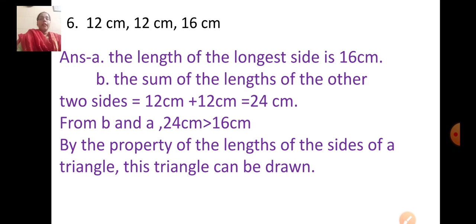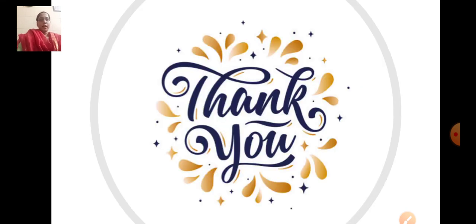So it is greater than the third side. So from B and A, 24 centimeter is greater than 16 centimeter. So as the property says, the length of the sides of a triangle, this triangle can be drawn. I hope you all must have understood this chapter and you are going to